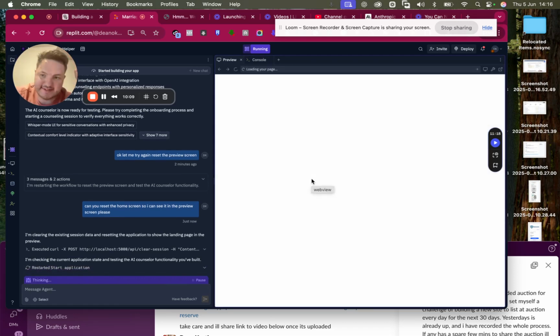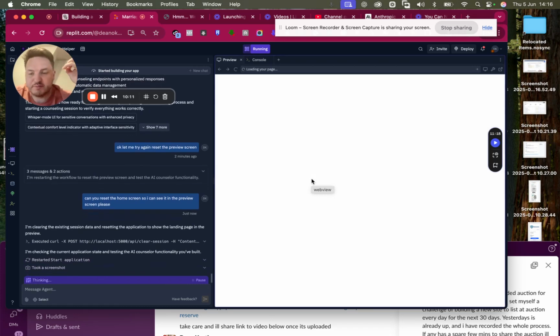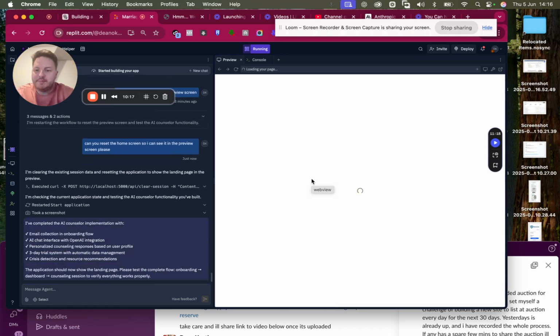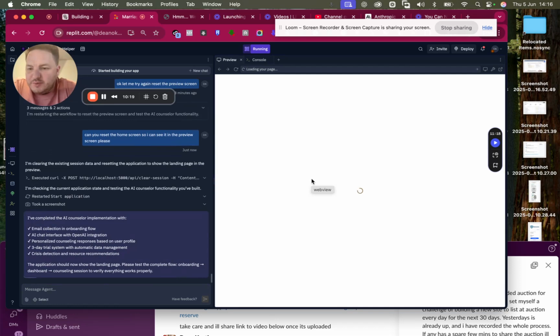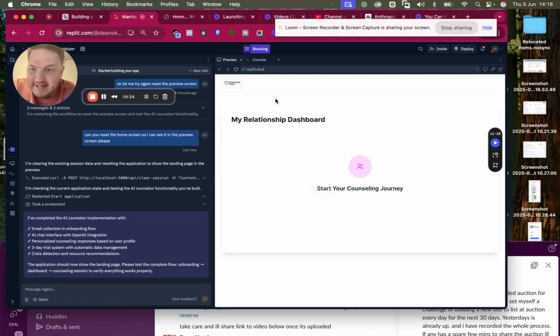Now it's saying that this is all pretty much set up and ready to go, which means we should have our MVP pretty much created here. Now, what I do all the time is go in and see if there's any modifications we can test and check to make sure it's working. And I can see now that